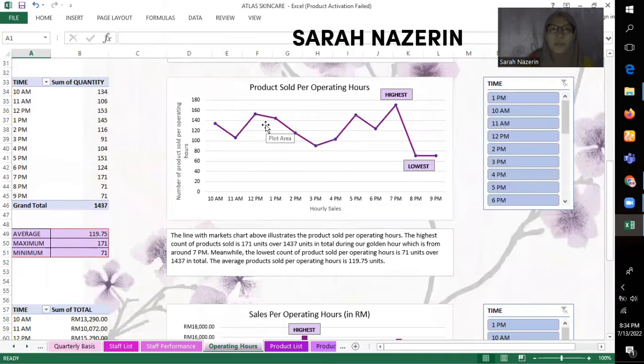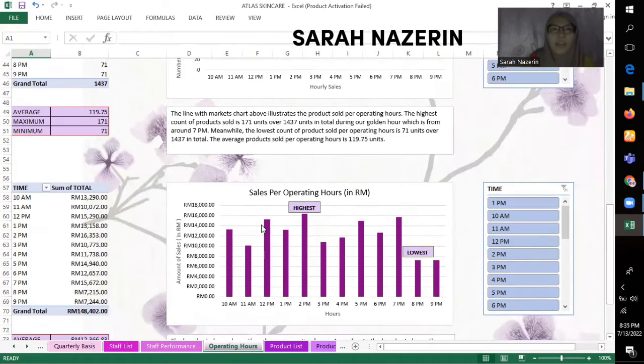The second chart is about products sold per operating hour. The highest count of products sold is 171 units over 1,437 units, and the lowest count of products sold per operating hour is 71 units, and the average product sold per operating hour is